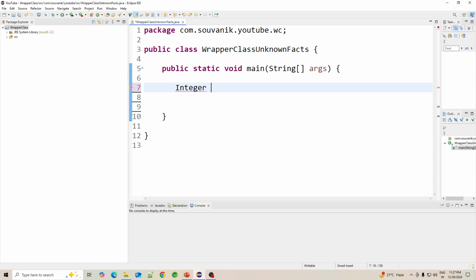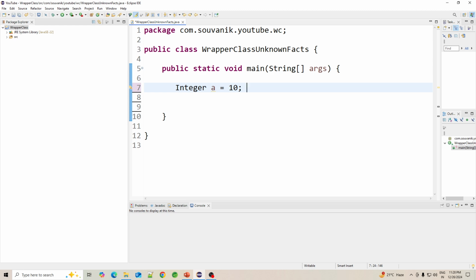Whenever we want to use the Integer wrapper class object, the type will be Integer, right? Like this I can use. So this is an Integer object, it's not an int value, it's an Integer object.